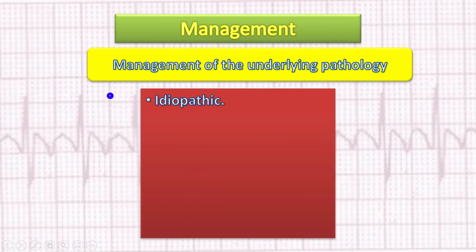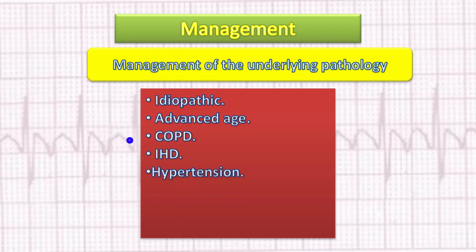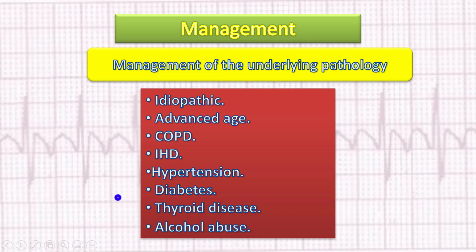Regarding the management of the underlying pathology, for the idiopathic cases, we will not do anything. Advanced age, you don't have anything to do. COPD, you have to manage the hypoxemia and right ventricular hypertrophy and failure. Ischemic heart disease, you have to decrease the heart rate to increase the vascularization of the coronaries, either by vasodilators or by insertion of a stent or by CABG and so on. Hypertension, you have to control the hypertension and diabetes. Thyroid disease, by giving antithyroid drugs and beta blockers, and alcohol abuse, to encourage the patient to give up this